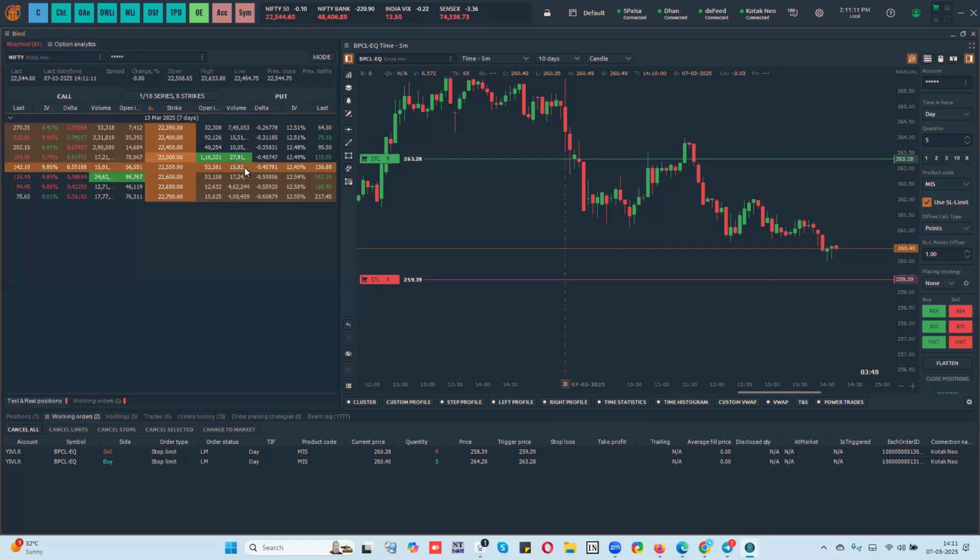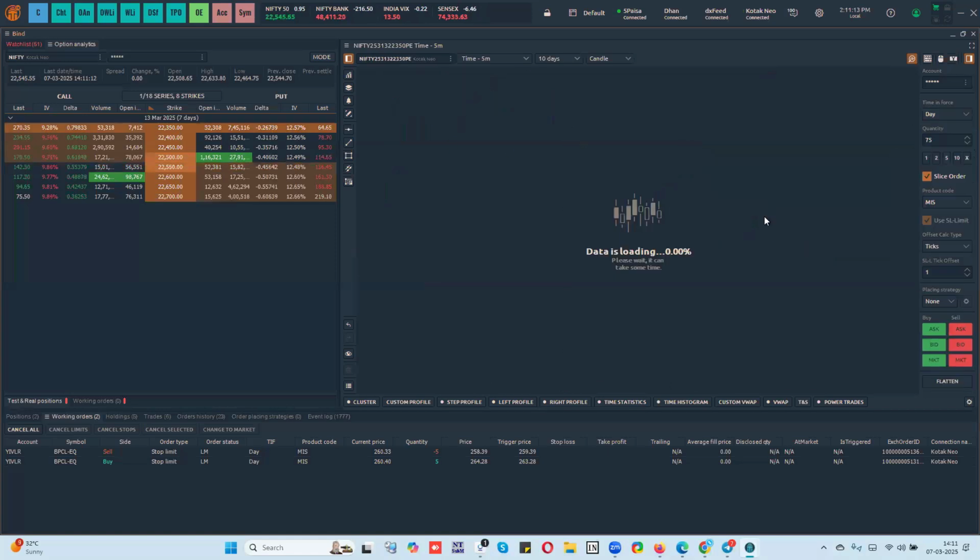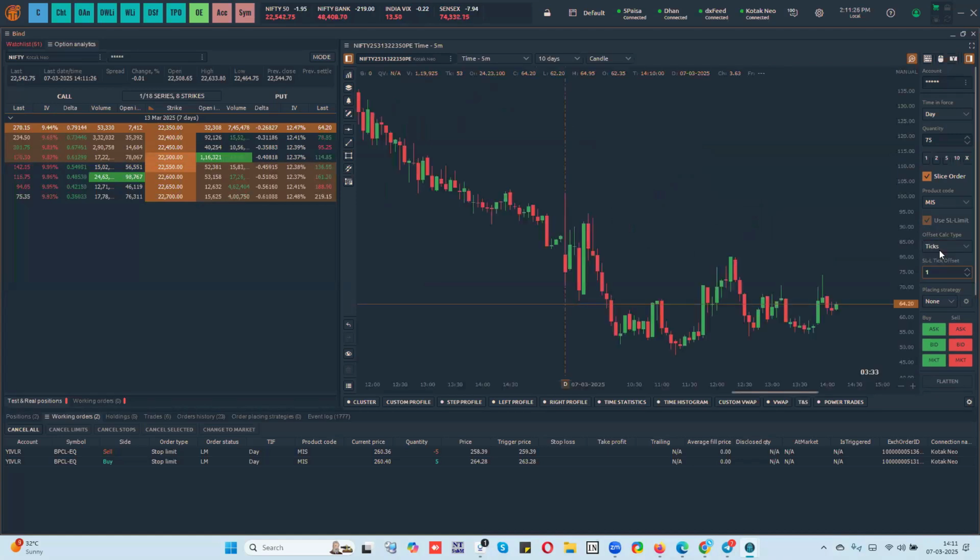If I drag the option symbol, you can see that it's automatically selected the stop loss limit option. I cannot change this, I cannot remove it, and it automatically takes ticks or points, whichever you want. You can modify the basic first tick that is available and place the order.